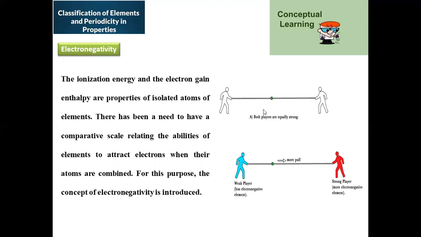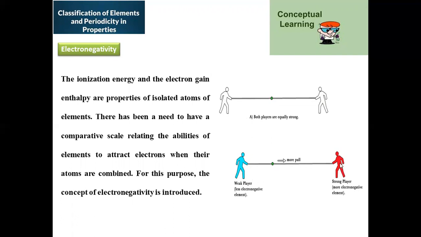Here when you observe, at the central part we have a particular ball, let us assume, and both sides have equal energy, so equally strong. In that case, there is no polarization. That means this central part will not be shifted in either direction, it remains in the central part only. So this is condition number 1, where two sportsmen have equal capability of pulling.